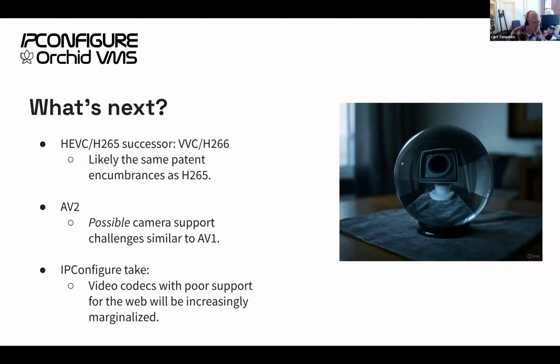In terms of what's next, as a browser-based video surveillance manufacturer, we're very interested in video codecs and browser support. So it's something that we have our eye on. In terms of the next generation of codec technologies, there is an H.266 that's coming. We expect it's going to have the same patent encumbrance as H.265, so the same sorts of browser compatibility issues. Probably slightly farther out than that,